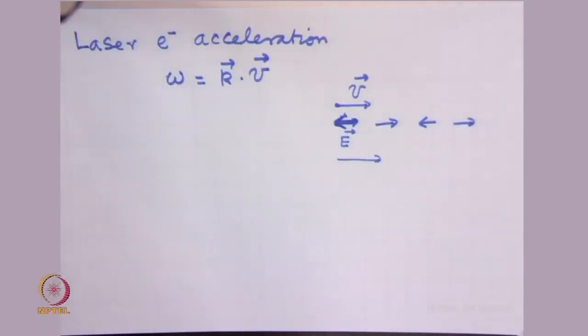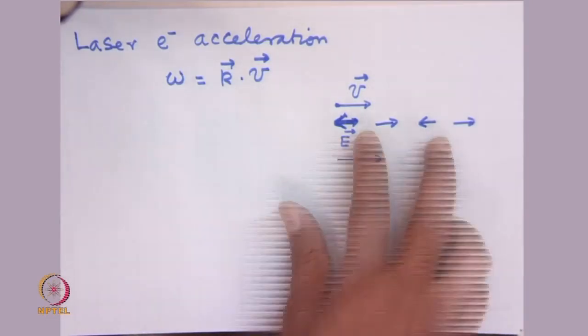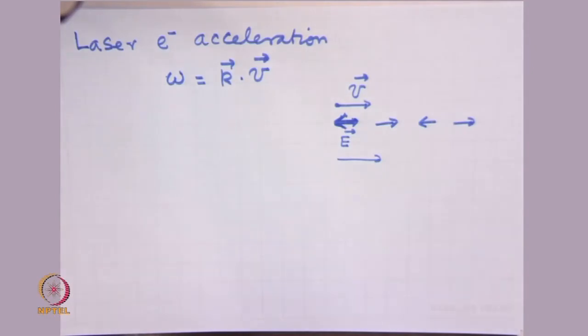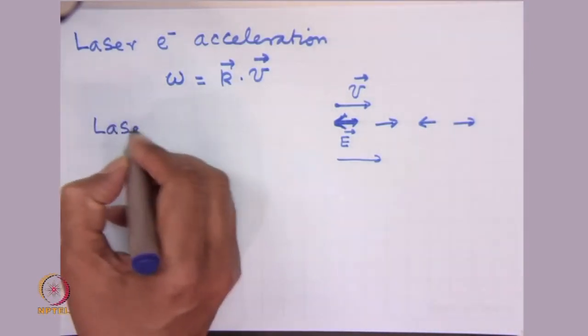Moreover, the electric field has no component in the direction of wave propagation. So electromagnetic waves are not of much use as far as acceleration of electrons is concerned. But a plasma wave certainly can satisfy this condition. So the issue is that a laser can efficiently excite a plasma wave. So let the laser excite a plasma wave